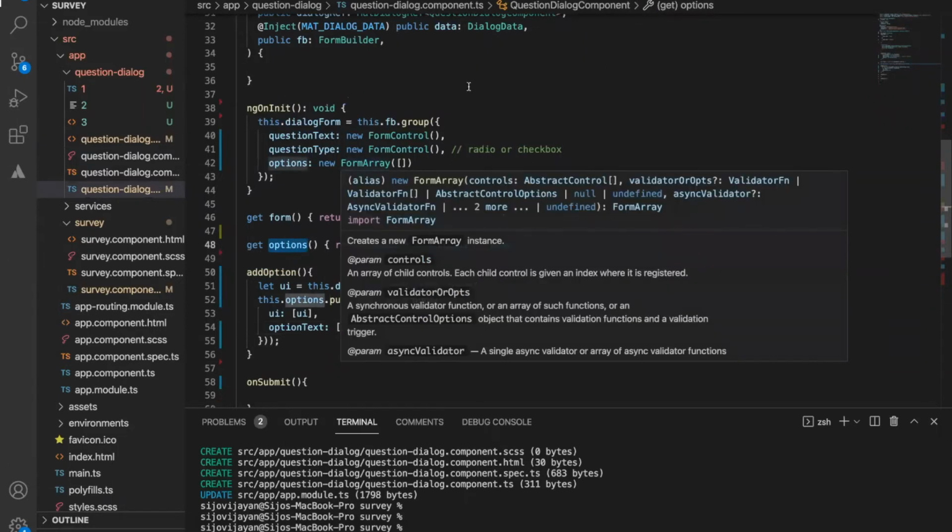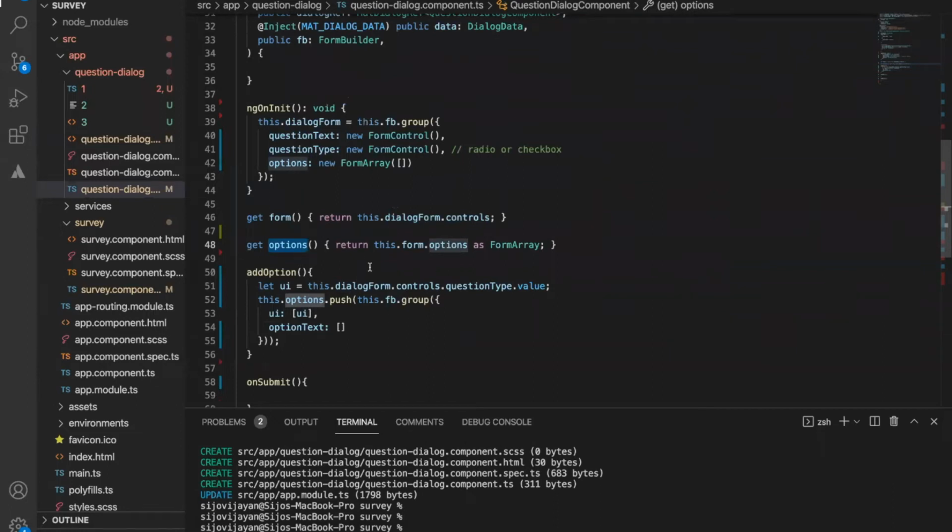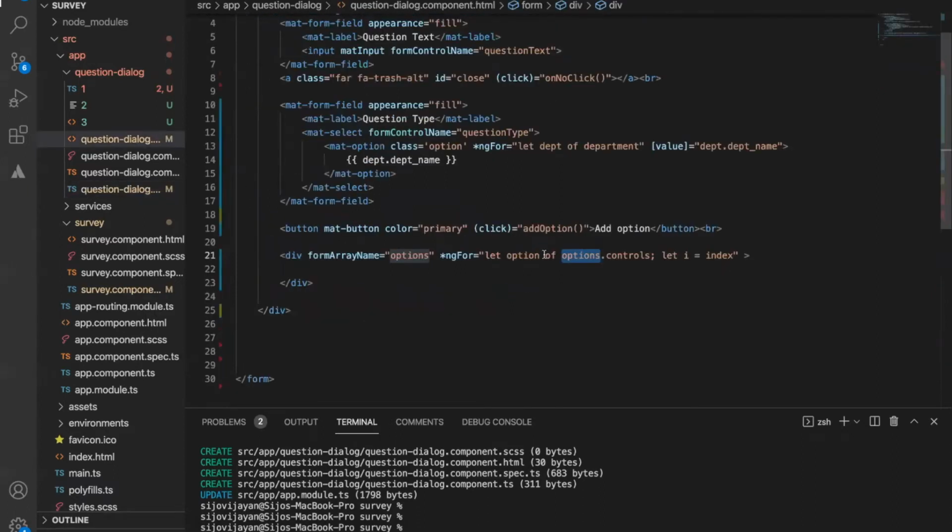If we push new fields or new elements to this array, then based on that array we will do an ng for loop and show the dynamic controls here. So we are looping the options dot controls. This is just getting the index of each form.